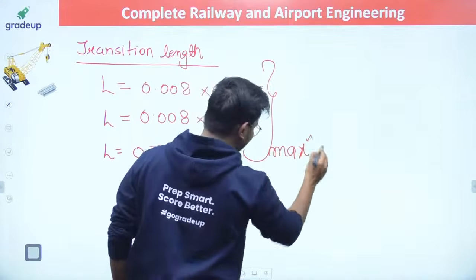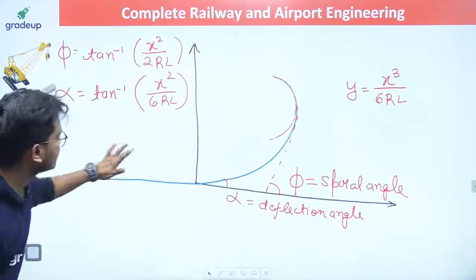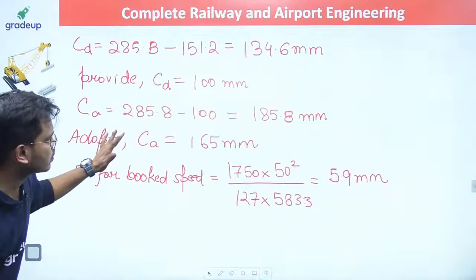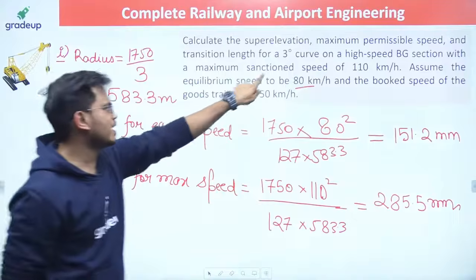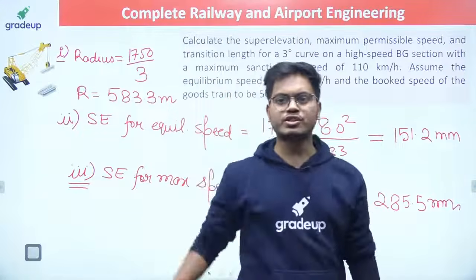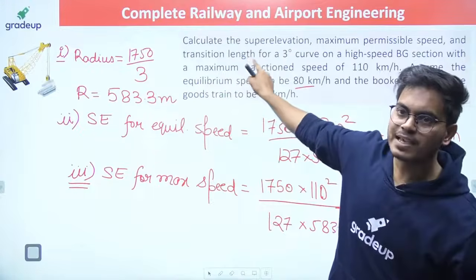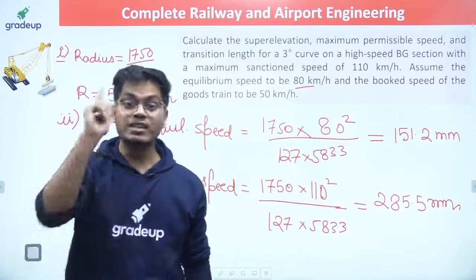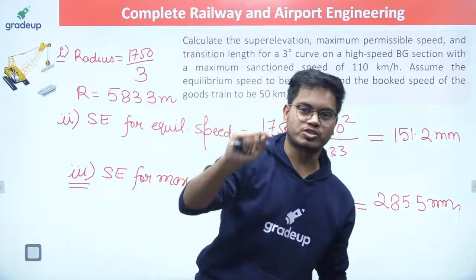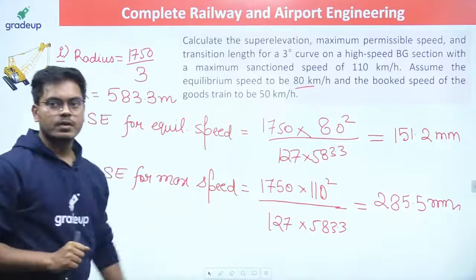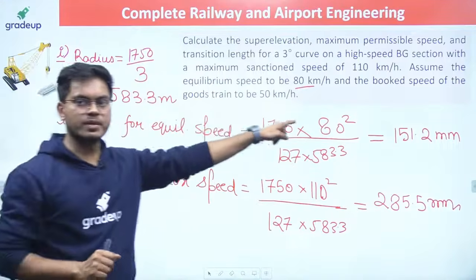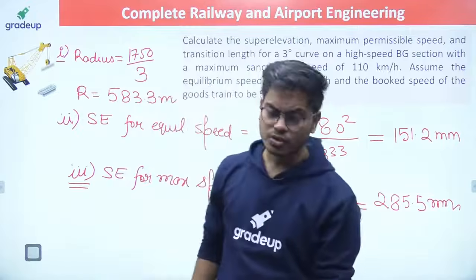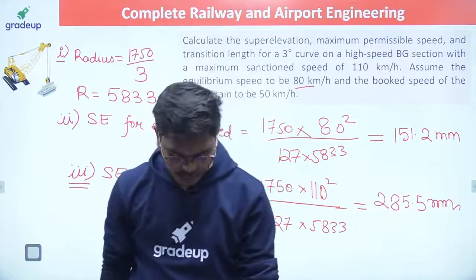Now quickly, let's get back to the question. This was the question. Can you quickly tell me the length of the transition curve for this question, everybody? Quickly, please tell me the length. There the values of CA and CD were in mm and the value of velocity was in kmph. Please do not make a mistake. Please solve this one, everybody, for me. Yes, Abhay, very good. Please solve this for me. Everybody answer.